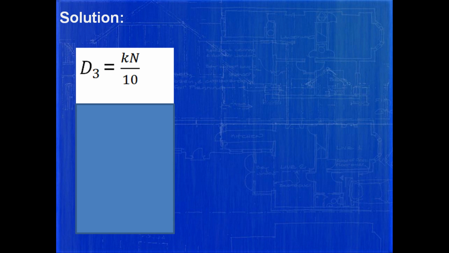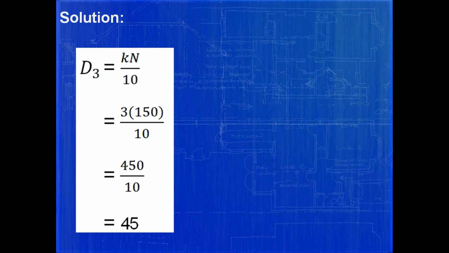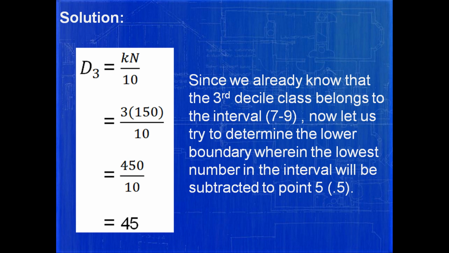Now the quest here is to find D3 or the third decile. First, we have to locate its position from this formula. So you substitute the value of k and n, and that's 45. Since we already know that the third decile class belongs to the interval 7 to 9, let us try to